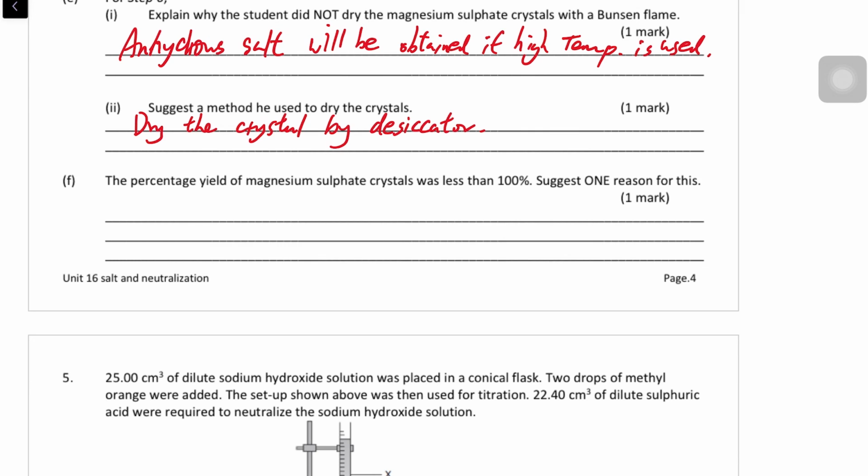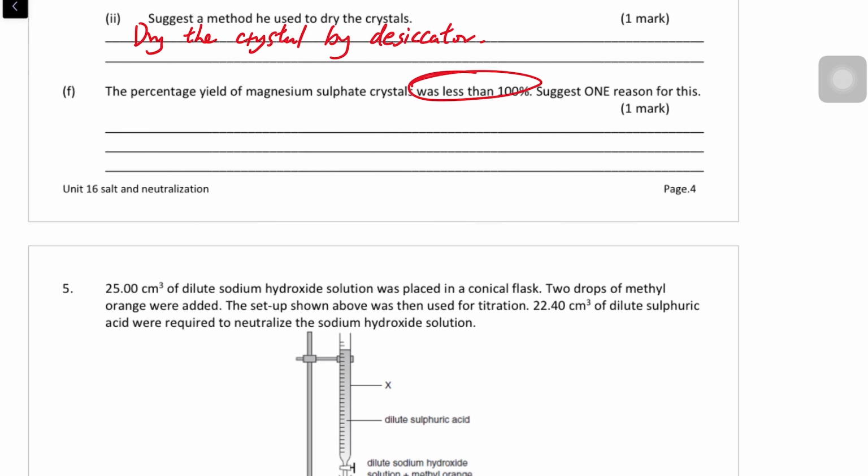Finally, how come the yield is not 100%? Well, this is easy because there is always product loss in the process. For example, in the solution or maybe washed away. So here we have